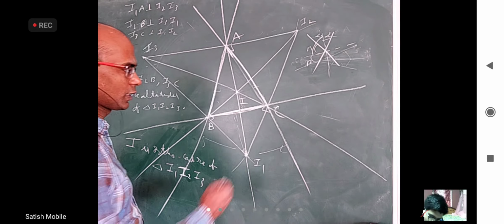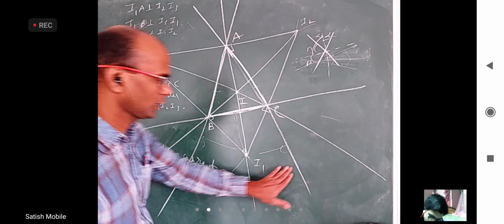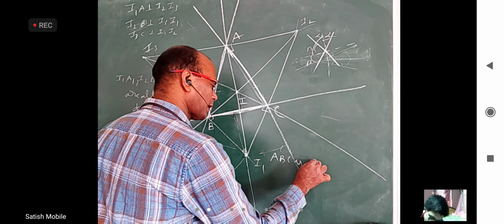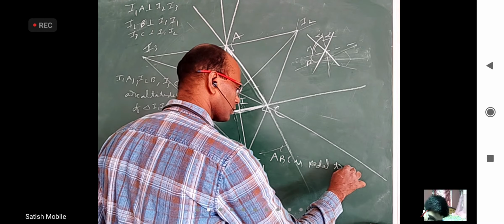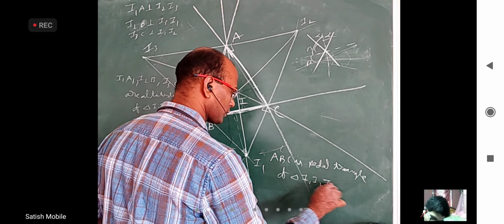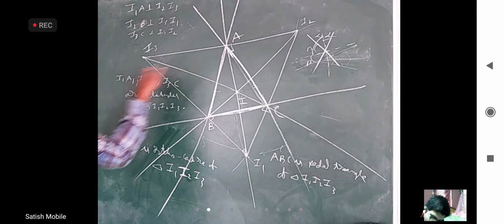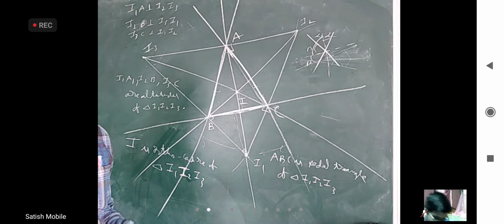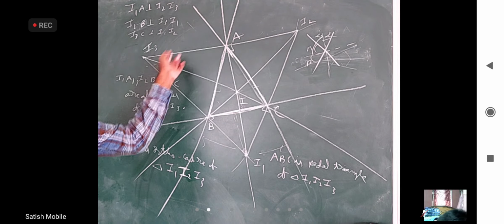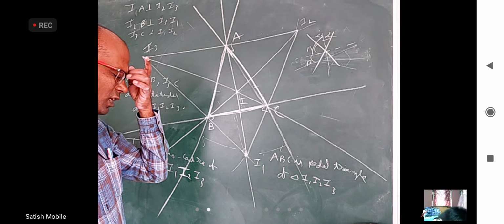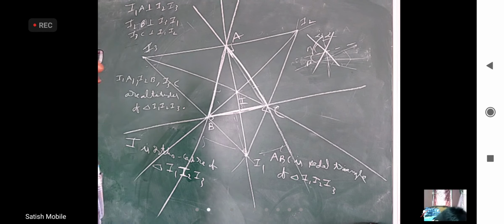Actually, one more thing I can write somewhere. Actually, ABC is pedal triangle of triangle I1, I2, I3. Why? In triangle I1, I2, I3, you have drawn three altitudes. The feet of the altitudes when you joined, you got triangle ABC. So this inside triangle is pedal triangle of the original one, and in the pedal triangle we proved how for the original triangle orthocenter is for the pedal triangle incenter. Now it is reverse. Incenter of this is orthocenter of the bigger triangle.